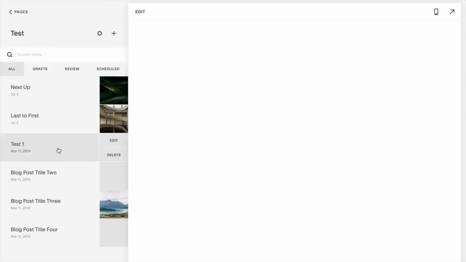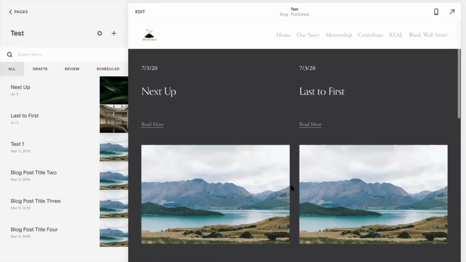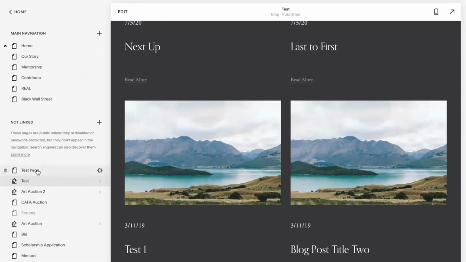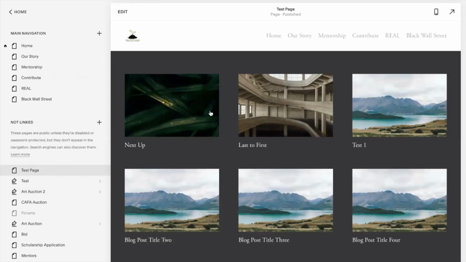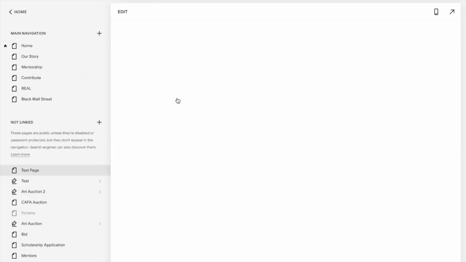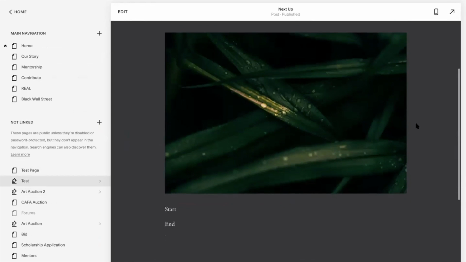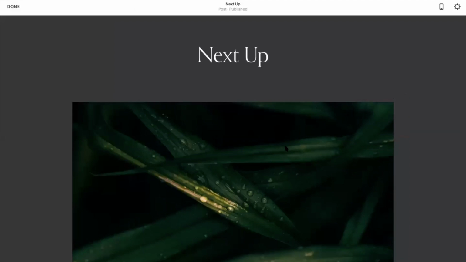So the first thing we're going to do is go to our blog page to make sure everything is set up correctly and looks the way that we want it to. And then we're going to go back to pages, and go to our actual auction page that the viewers, or the people who are purchasing art, are going to see. So you click on one piece of art or whatever you're auctioning, and this is what it's going to look like for them. You click edit,